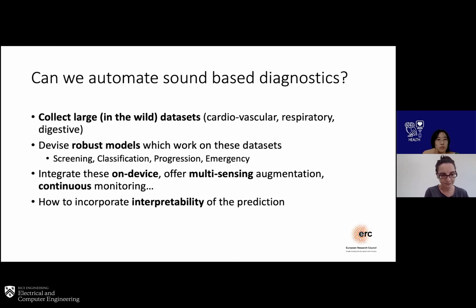urgent care. One aspect which is really interesting in my research is the idea that all this might be better put, or part of this modeling, part of this logic might be better put on devices and possibly integrated with other sensor input for continuous monitoring. So I'll talk a bit at the end about this system challenge that I think is relevant here, because of data, just clustering all data in the cloud might not be the best, both in terms of privacy, but also